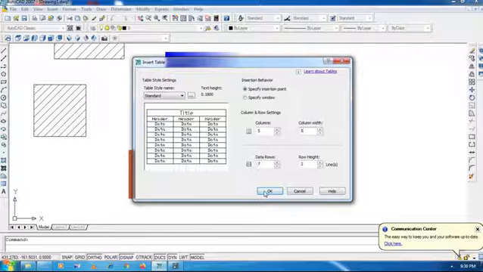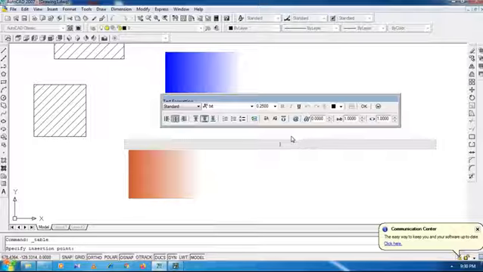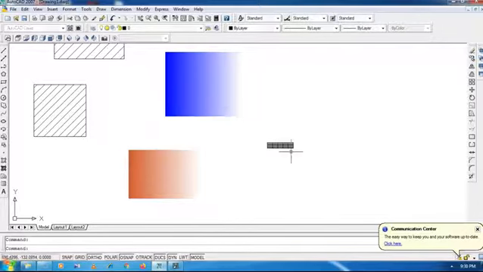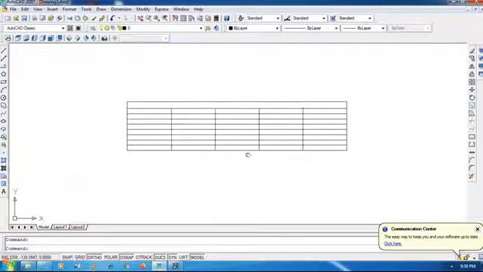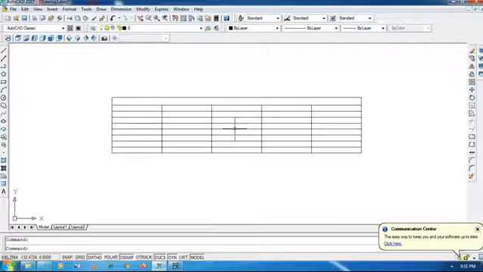Okay, then OK. Like this you will get one table. See here, this is a table. You can enlarge it using a command like scale.